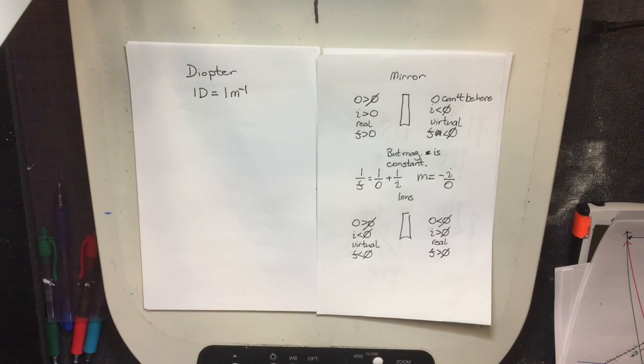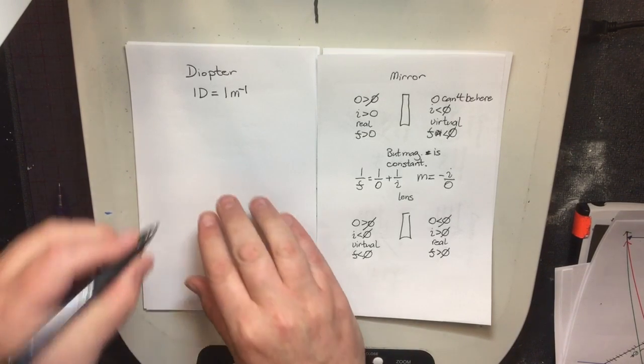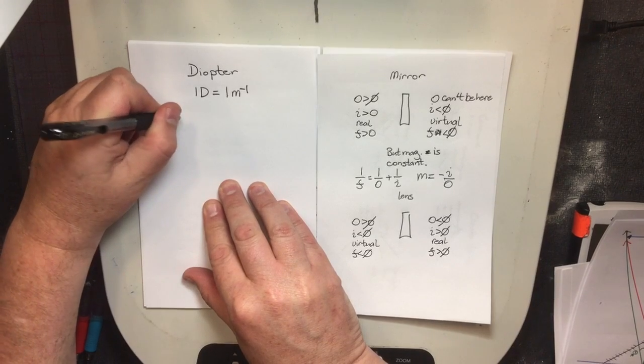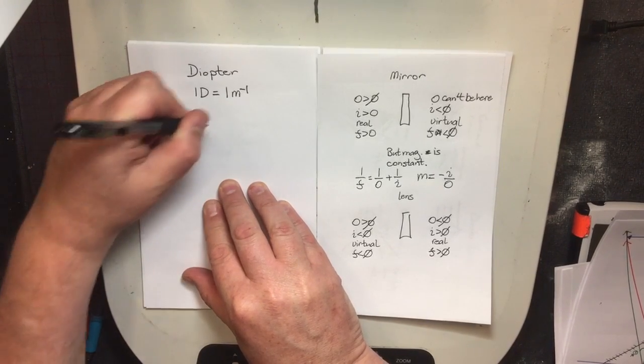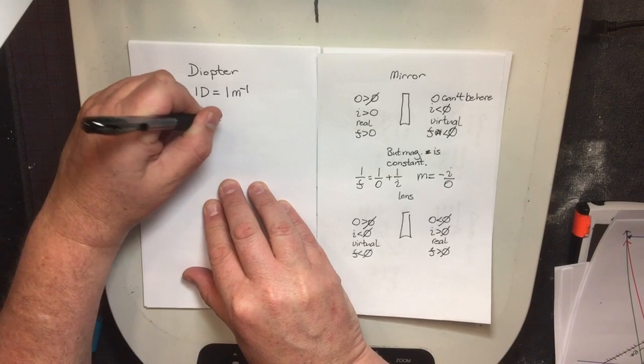One of the things that you see in the real world a lot is when you get your eyes checked and they write a prescription. You see something like plus 3.0. What is the 3.0 measured in? 3.0 is measured in diopters or inverse meters. If I said positive 3D mirror,